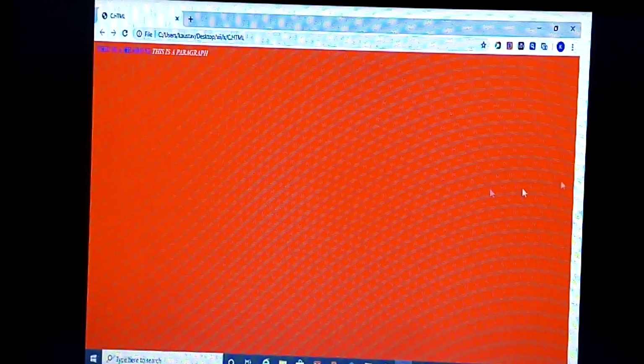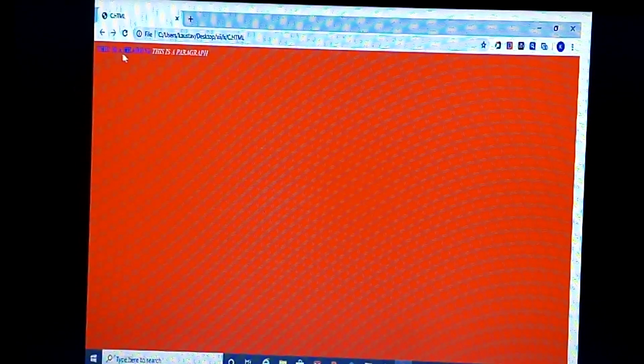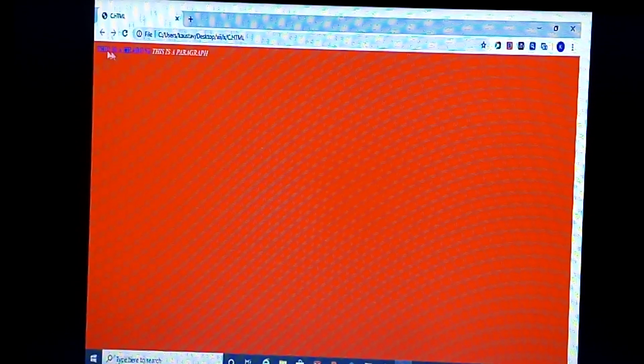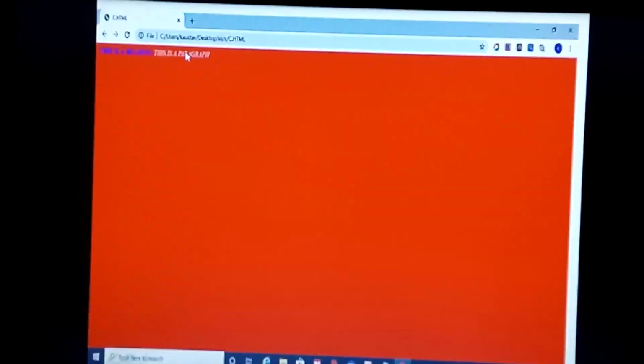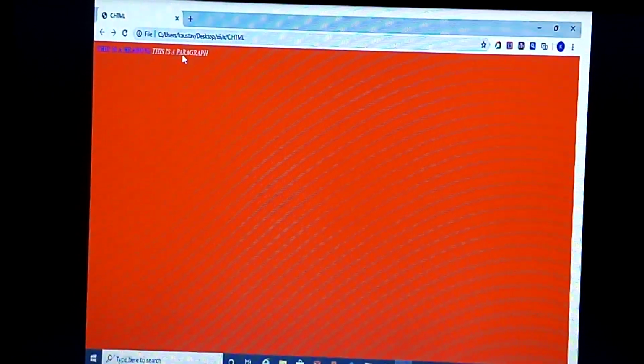Now see the output. This is the output. What I have done, this is a heading, this is a paragraph. So this one I have made bold and blue, this one I have made white and italic. It has been done. Now line break, till now we have not discussed. We are going to discuss how to give the line break in the next day. Now go to the next one.